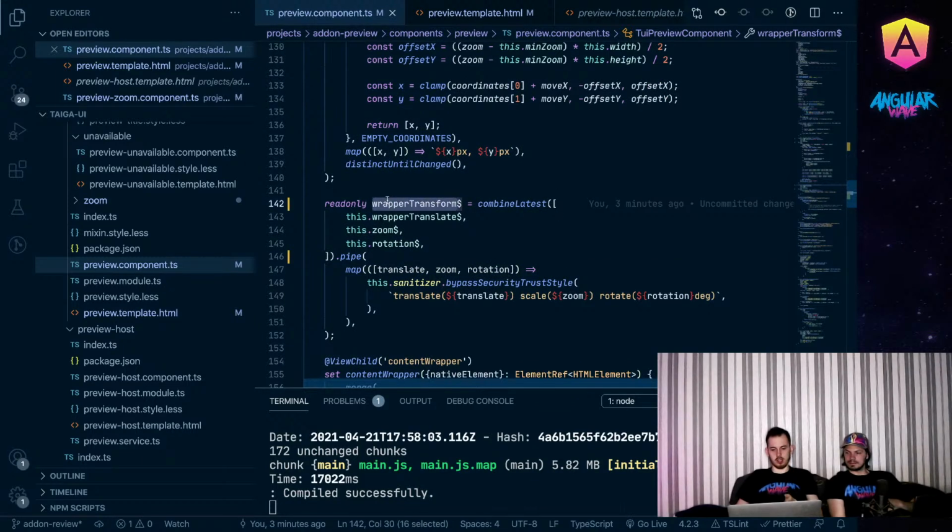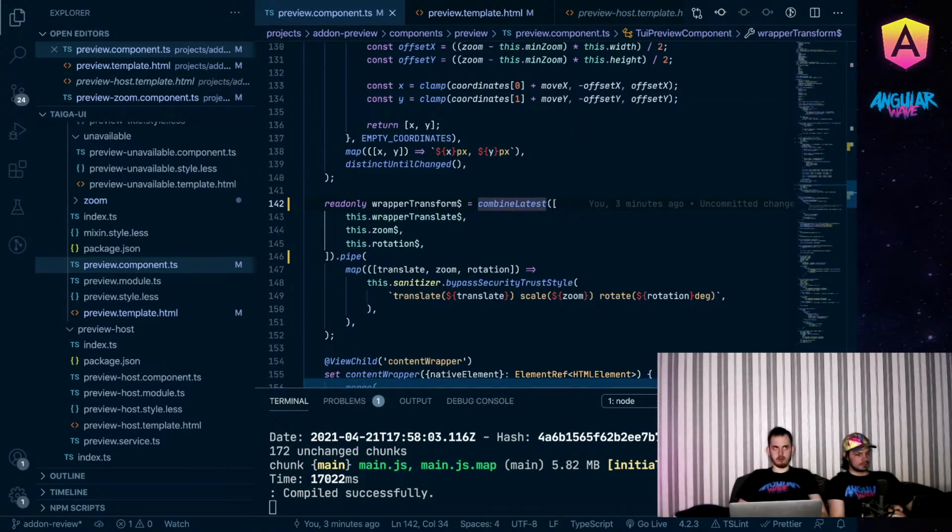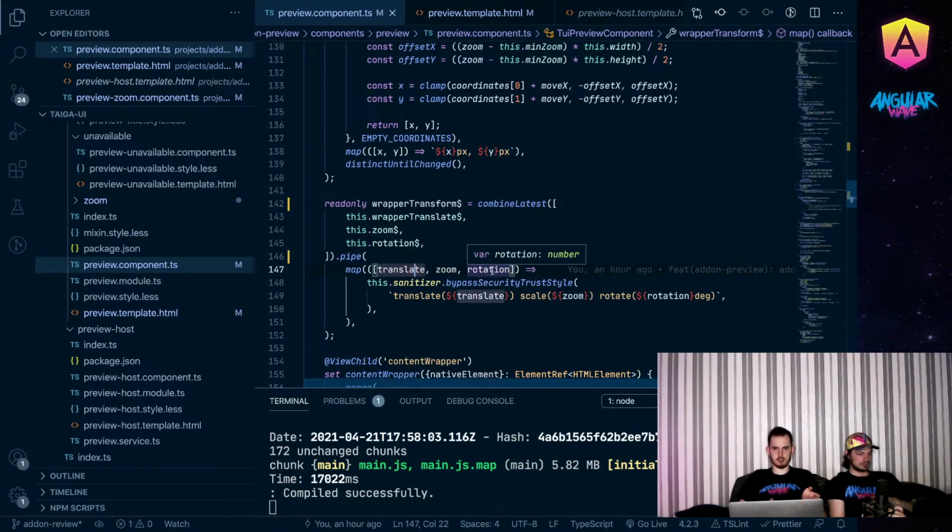Well, and here we have the wrapper transform stream. So it's the new combineLatest, one more. It's very powerful RxJS factory for this case. So we use this wrapper transform stream and we combine it with the zoom stream and rotation stream. So in map we'll get the latest versions of each of these streams. It's very cool. And it's something that we need here to just combine them all into one